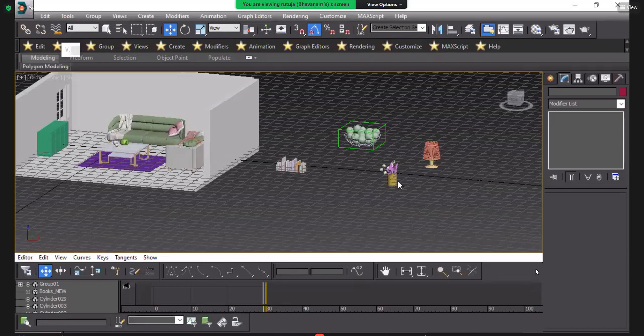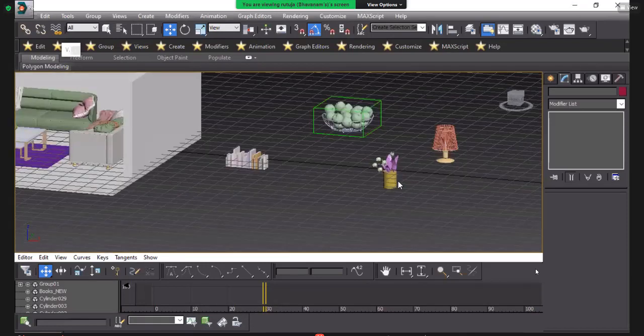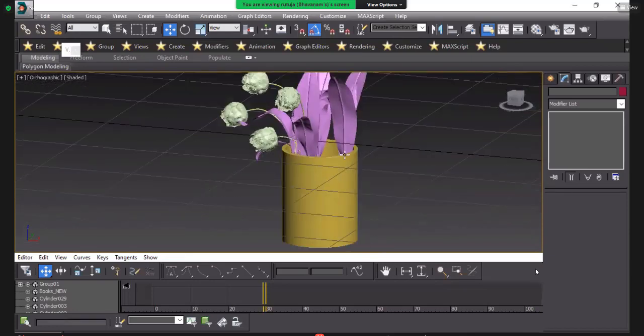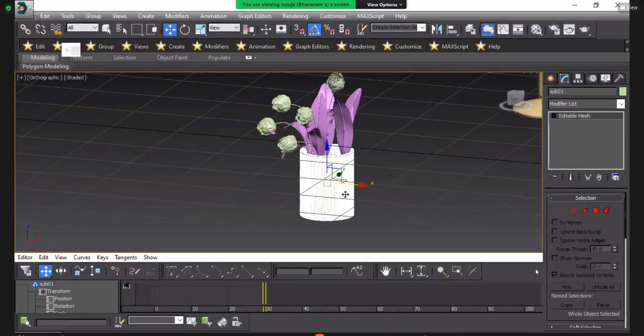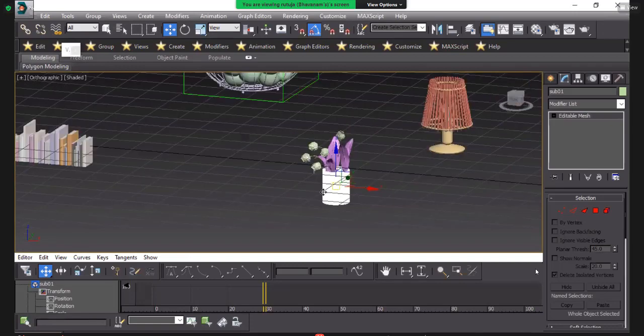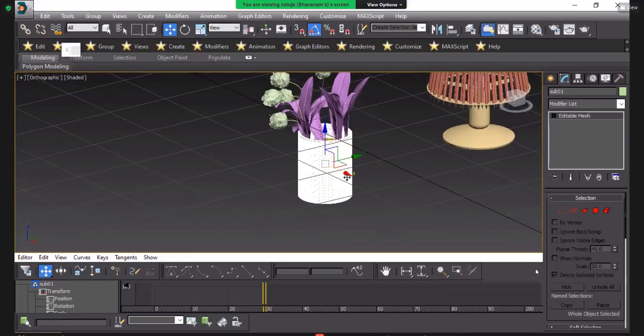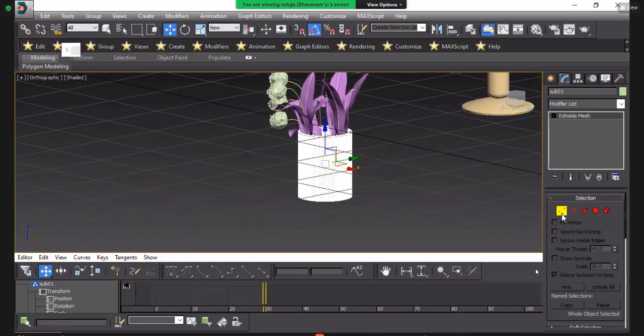Actually, I tell you one thing. You can make it also. If you want to make the tea, make the flower pot, and make the books, you can make it also, but it is so time consuming. And within this time, you can make one model. So that's why just go on the internet and download it. Okay. So if you see there, I will take it into editable poly.